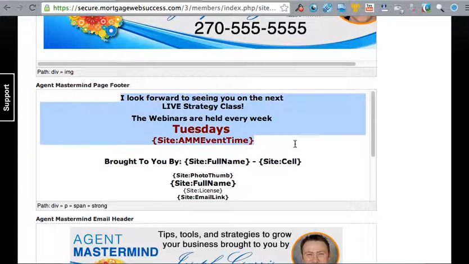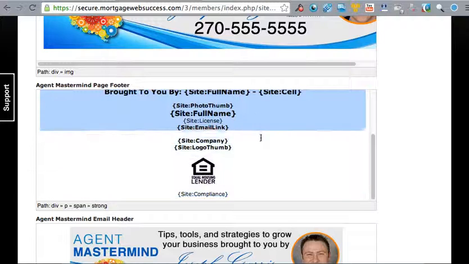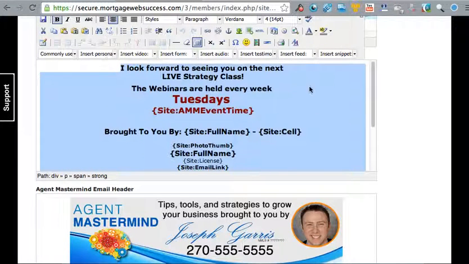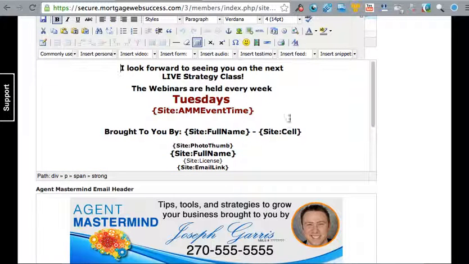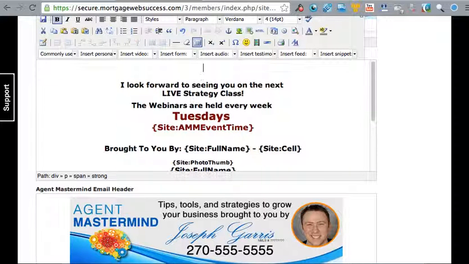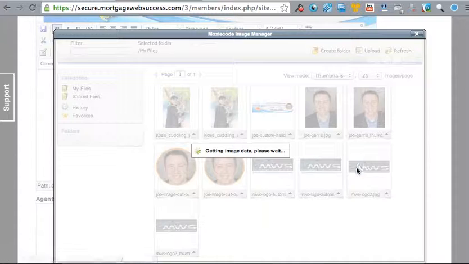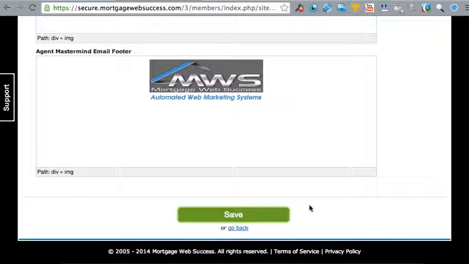And once you've got the images set up how you want them, we can again go in and remove all this HTML and then insert another image. Or if you just want to insert something above or below all this information, you can just click wherever you want it to go, click insert image, and then here I'll just insert this, click save,